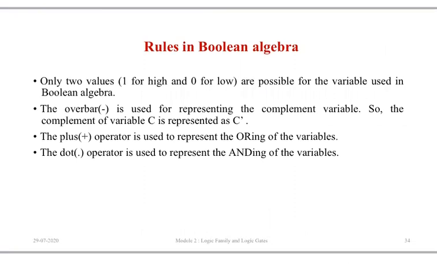So here we are using only 2 values, 1 and 0. 1 is for high, 0 is for low. Other than 1 and 0, there is no value. Okay, then we have to represent complement. Either you write a bar over it, meaning write A and make a dash above it, or you use an over bar or you write a dash, like C dash, that asterisk mark. Whichever way you want to represent it. If there is a complement, the complement of A is A bar. So either you write a bar or you write a dash, whichever way. Use any one notation.